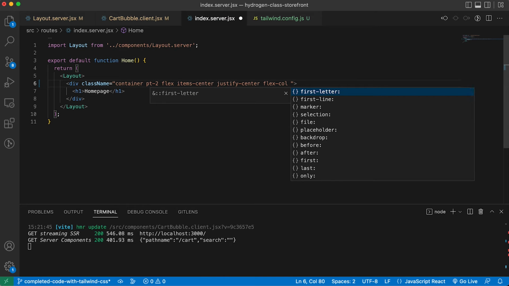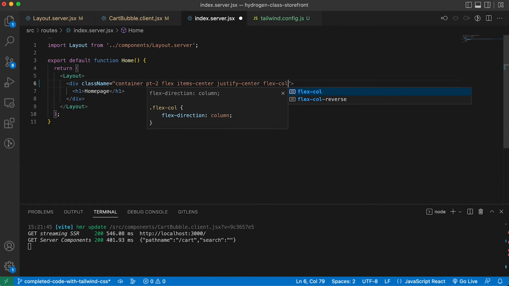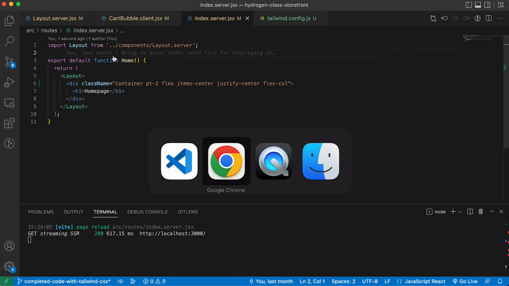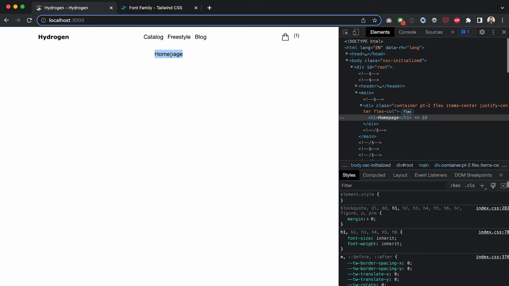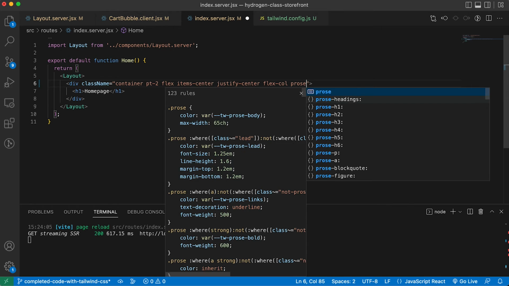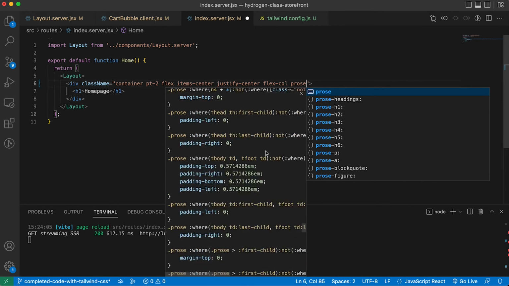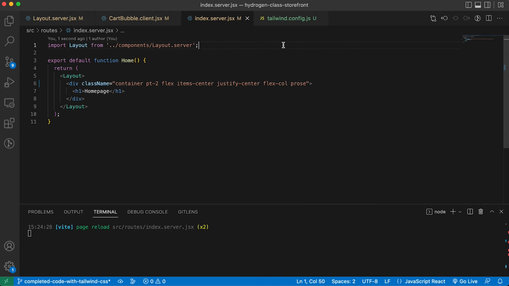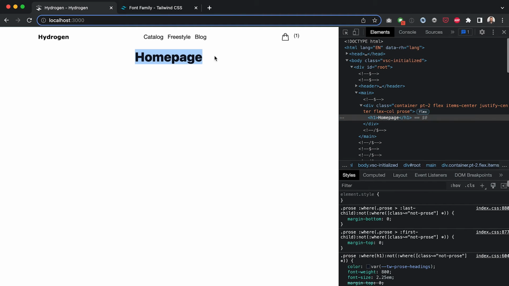And then what I'm going to do is, actually I won't do it yet, I'll just show you what we have so far. So we'll go over here and you can see the home page is there. It's an H1, but as I mentioned before, Tailwind has stripped all the styling. So we can add that back in. We can add standard article styling with the prose class here, which is a class that gives us all of this. And so if I hit save and refresh over here, our heading 1 looks a lot more like